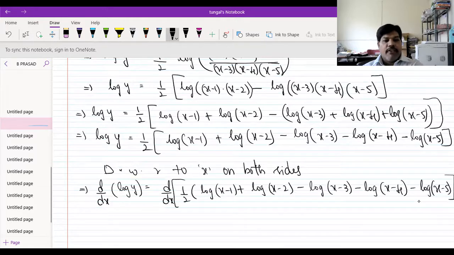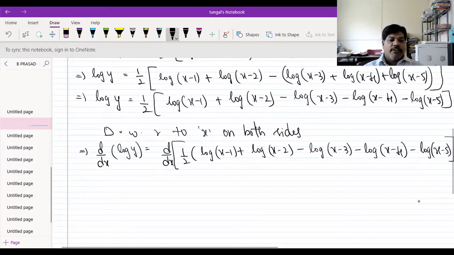So if we apply the derivative, what happens? That implies 1 by y. Why? Because the derivative of log f of x is 1 by f of x into f dash of x. So what is the log y derivative? 1 by y into the derivative of y, which is nothing but dy by dx. So that is equal to